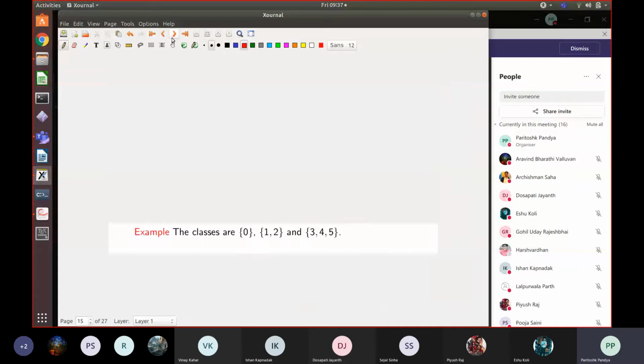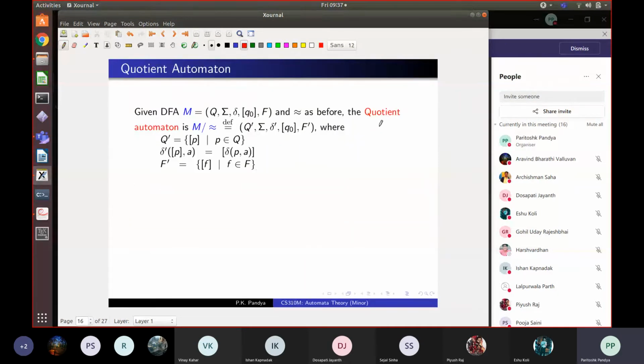So the construction was given here. This was the construction of the automaton. So I hope you are clear about this construction. Basically, the states of the collapsed automaton are the baskets of the original automaton by this equivalence relation that we defined. The initial state is the equivalence class of the initial state of the automaton. This is wrong. This should be just Q0. Yes. So if Q0 was the initial state of M, then the initial state of the collapsed automaton is the equivalence class of Q0, right?